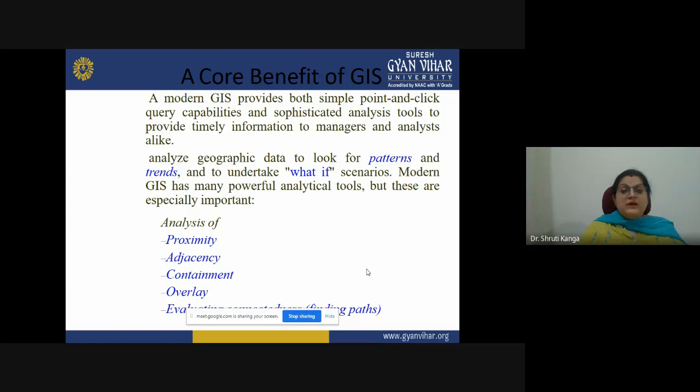It helps in analyzing geographic data to look at the patterns, the trends, and what-if scenarios. Based on the patterns and the trend of a particular phenomenon, we can predict what the future can be.